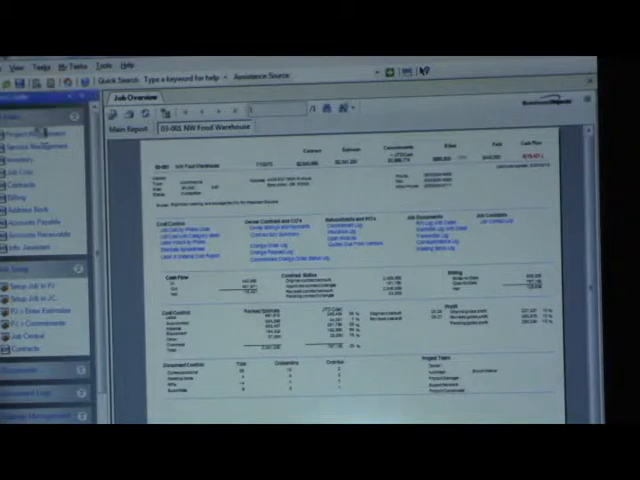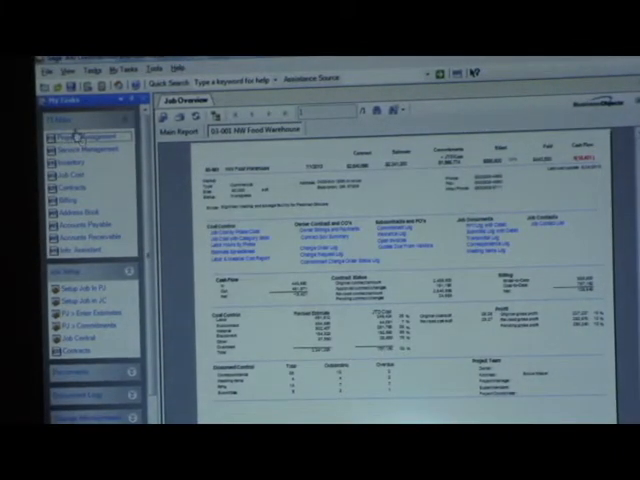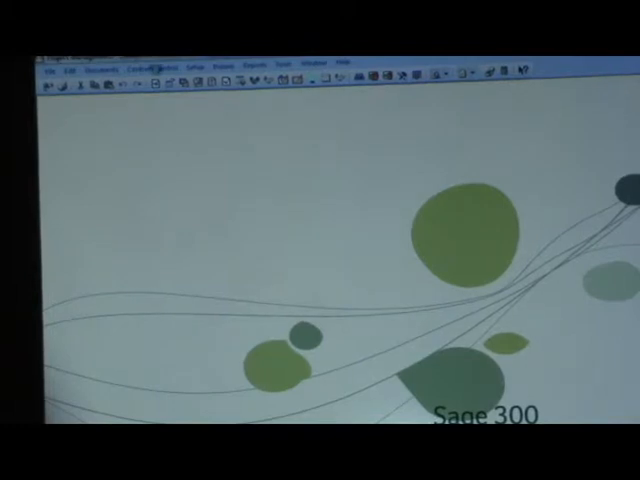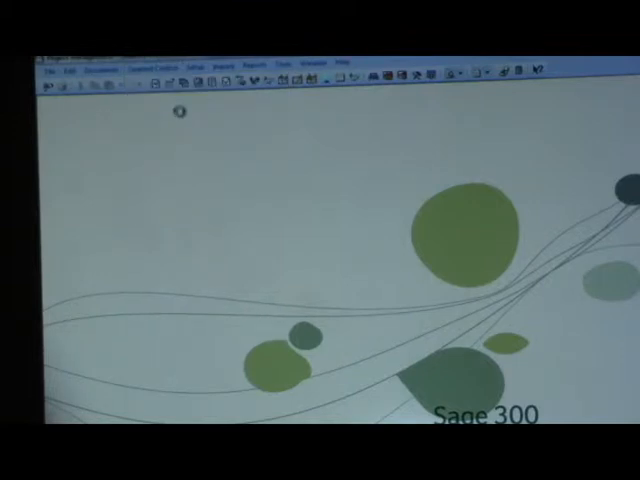So I'm going to open up the PJ module. From the contract control menu, we can get out to the contracts module to set up the contract. We can go to the commitment screen to set up our commitments. So we've looked at both of those. And then we have our 3 components of the change management system. So if we start with the change request,